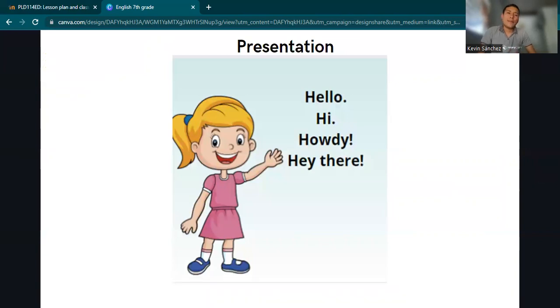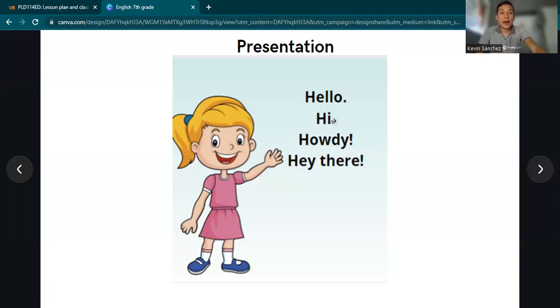But what happened with the informal greetings? Okay, for this kind of greetings, you can use them with your friends or with other people. But remember, this is informal. You need to keep in mind this. Okay, the only one formal greeting that I have here, which you can use with your boss, mom, teacher, is hello. This is very, very formal.